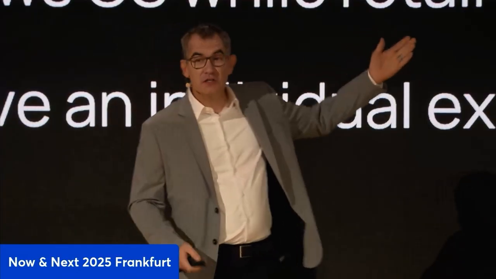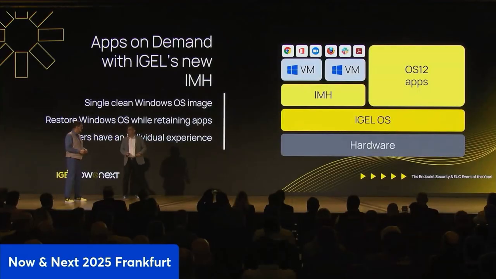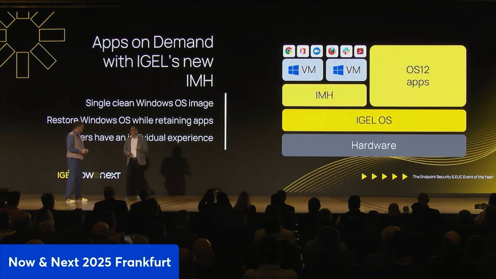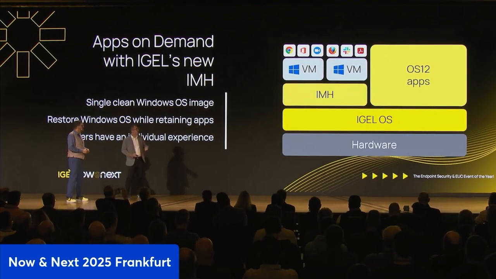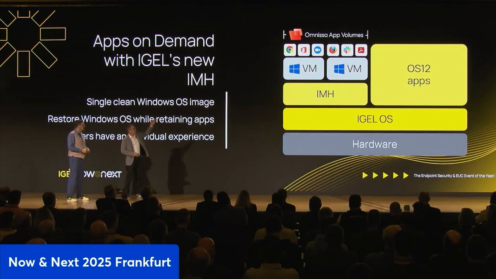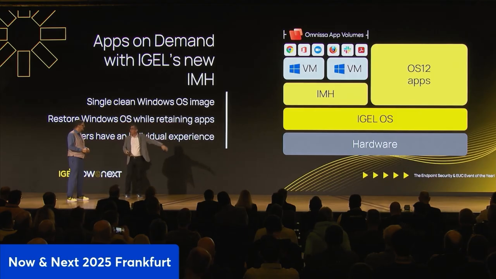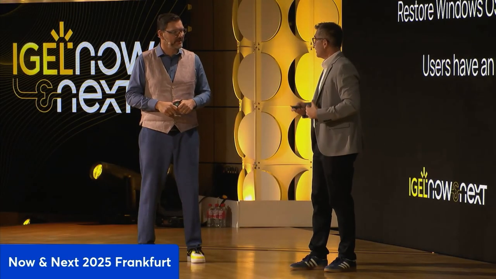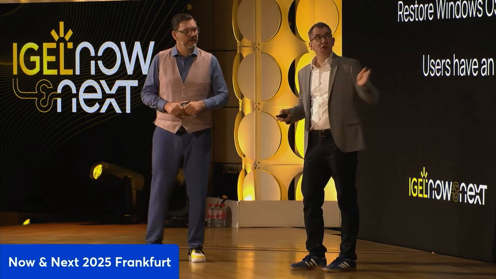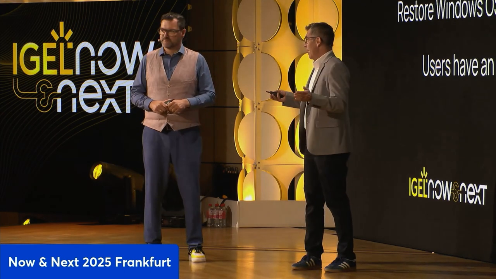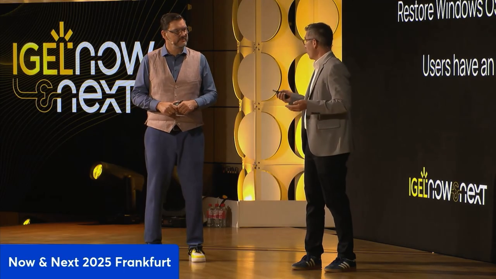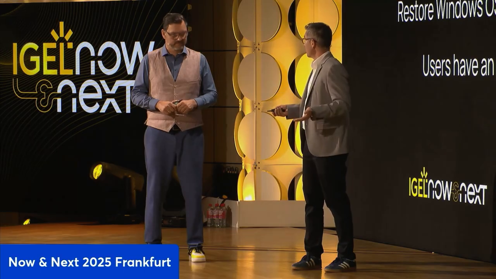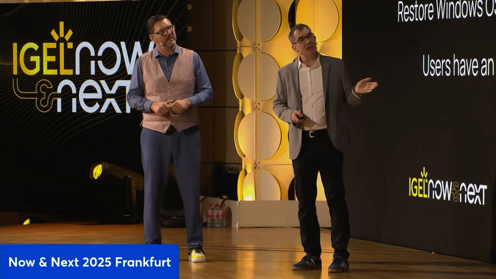So obviously with IGEL's devices, you have all of your applications available. But those Windows applications, can they run offline? Well, they can with the new IMH. Right. But we're able to provide them via App Volumes to those different VMs that you have on the device. And that means that even if you refresh the VMs, you're able to continue to get those applications. And you could still have the immutability feature turned on. So your operating system stays immutable, and you can update apps, right? Exactly. So if there's any malware or any issue with your device, you can easily wipe the Windows machine, and the apps are still there, and the users are continuing to work. It doesn't matter where the users landed, they're able to get their apps. So let's take a look at this in a demo.